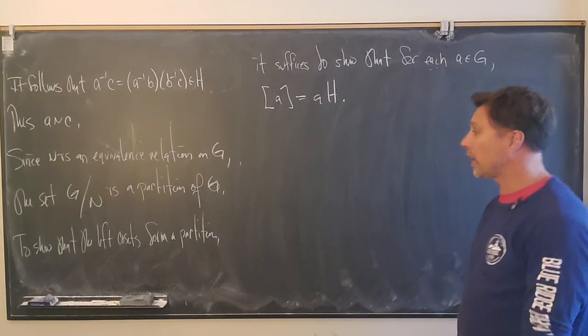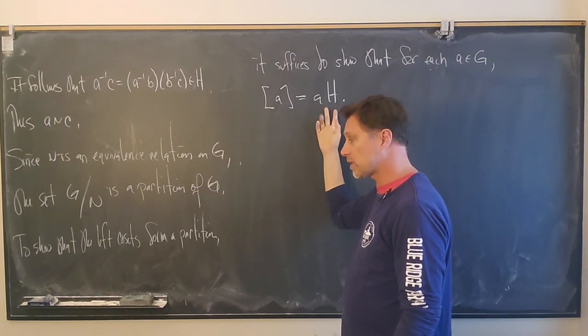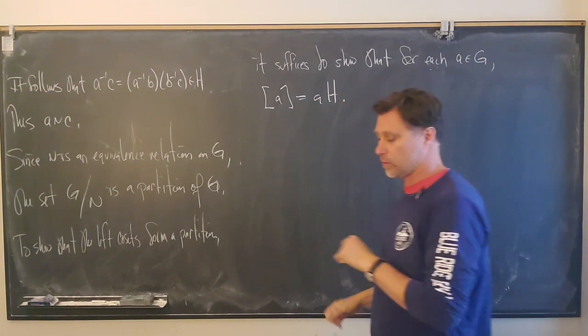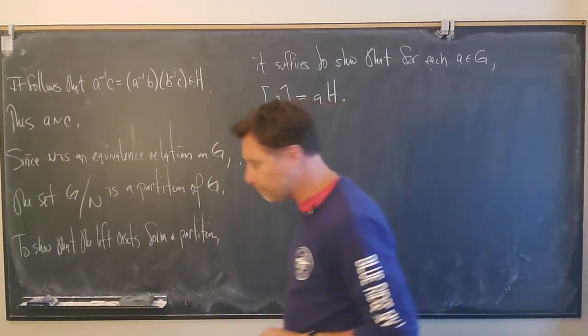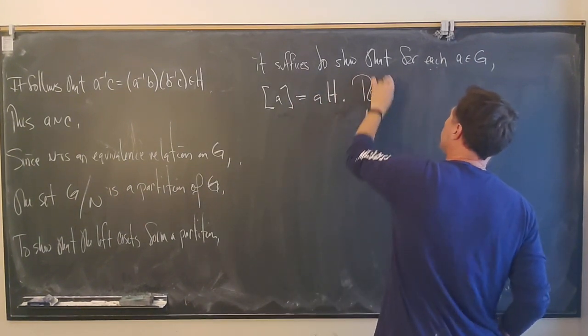Then each equivalence class corresponds to a coset. That means that the cosets form a partition because the equivalence classes form a partition. Okay, so I want to show equality. To do so,